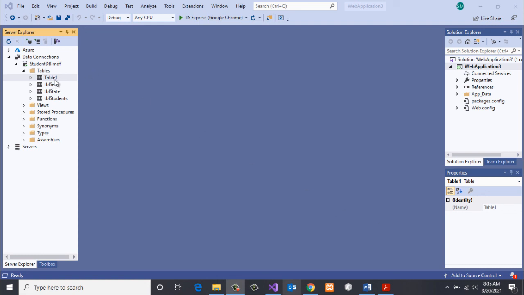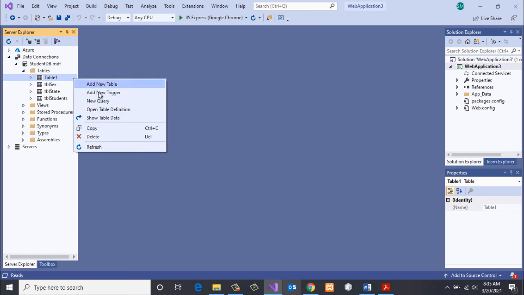So let's say that I choose to delete table 1. I highlight table 1, right click, here we have delete. If I click this, basically this table will be deleted and we cannot restore it.